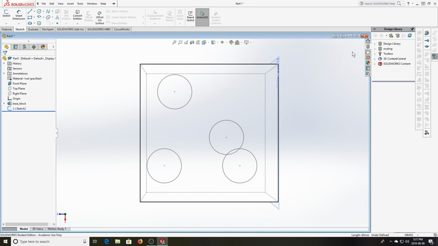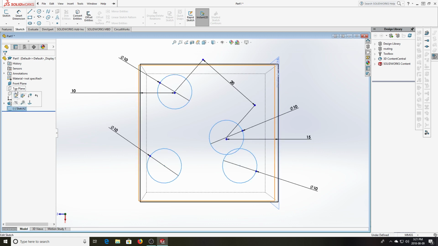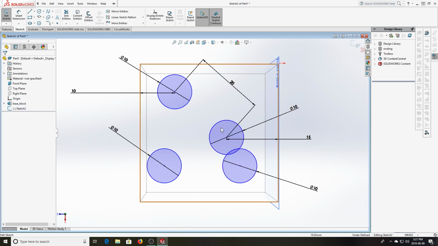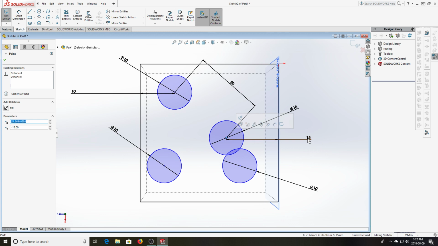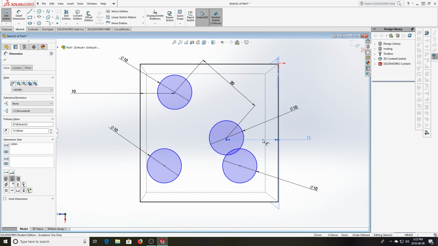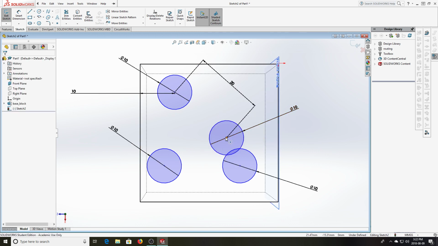And if I accept that, something weird has happened. All these things have moved around. It's because in order to be horizontal, those parts can't be 20 and 15 like I showed it. In fact, SolidWorks has tried to solve the geometry to our intention, and they came up with something that wasn't what I wanted. I wanted them to be horizontal. So there was a problem with this dimension. If I delete that,